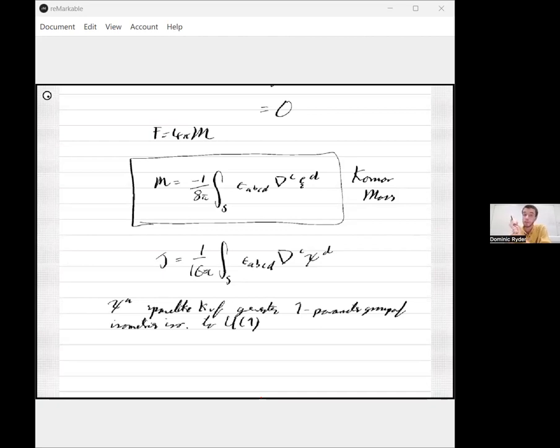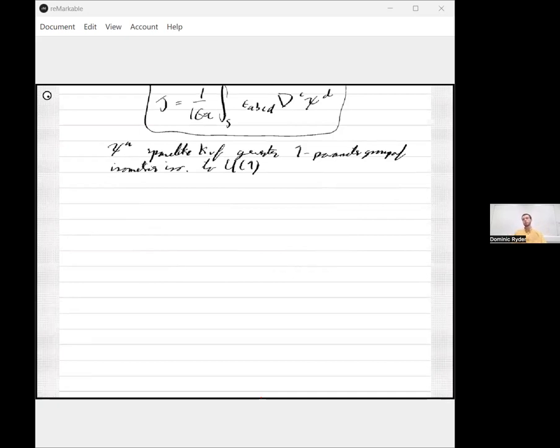J is the angular momentum of a spacetime, and nicely, J and M, these Komar integrals, this is the Komar angular momentum, are equal to their equivalents in the Kerr metric. And so they're doing exactly what we want them to do. So these are nice. Now, the Komar mass is only